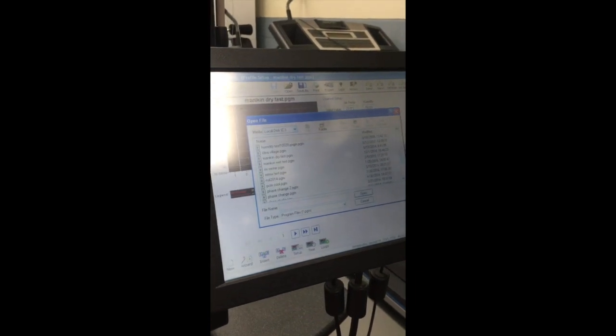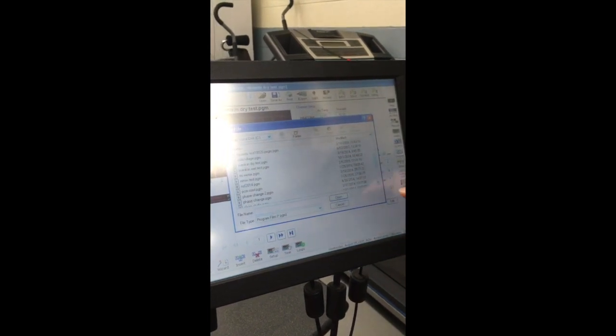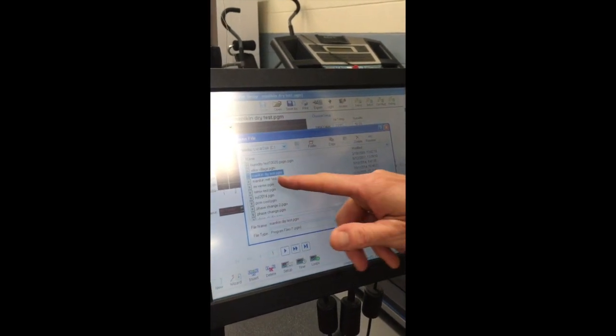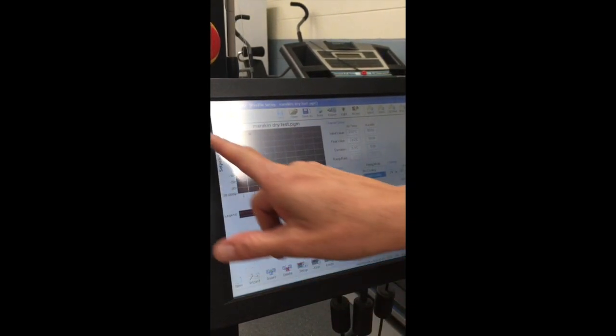So you're going to select the program button and then open, and then these are all the different tests that have been created in the environmental chamber, and you want to select the mannequin dry test or the wet test depending on what you're doing, and press open, and it will load that test. And then you want to press run,